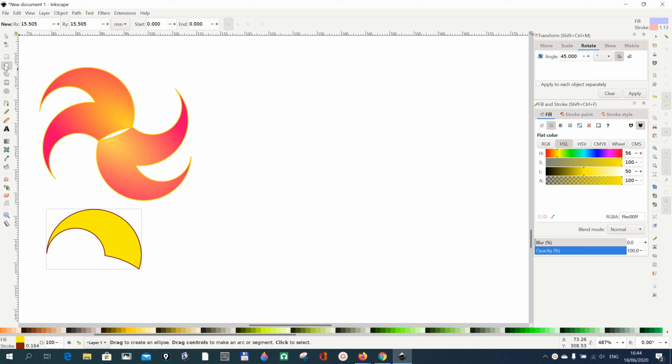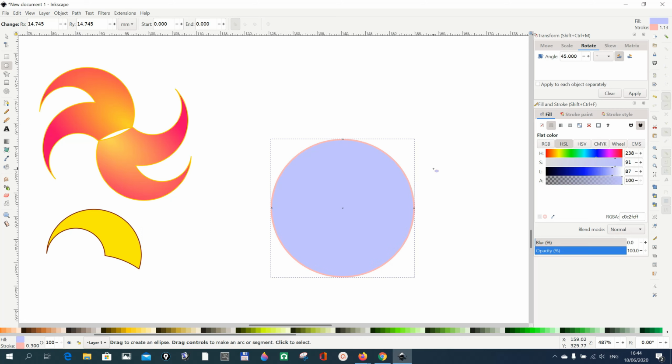So you go for your circle and ellipse tool, and then you press Control and use the left mouse click to draw a circle. Now the circle, if you are new in Inkscape, this place here is the boundary and the inner part is the fill. You can choose the color you want for the outer part or the stroke by either going to